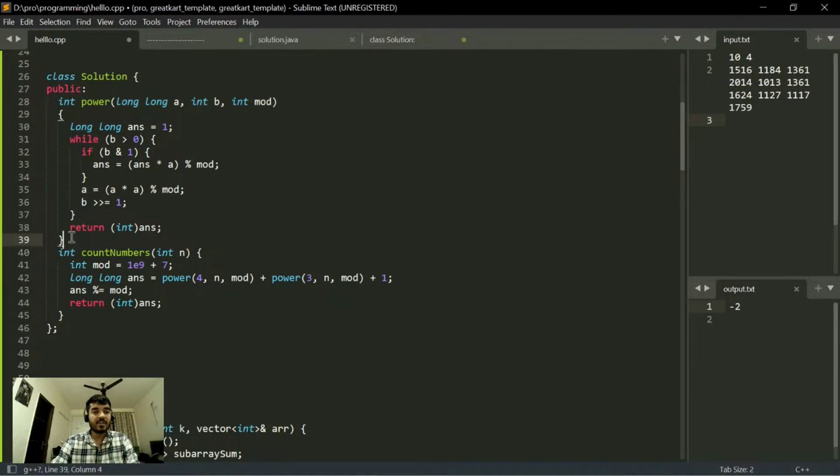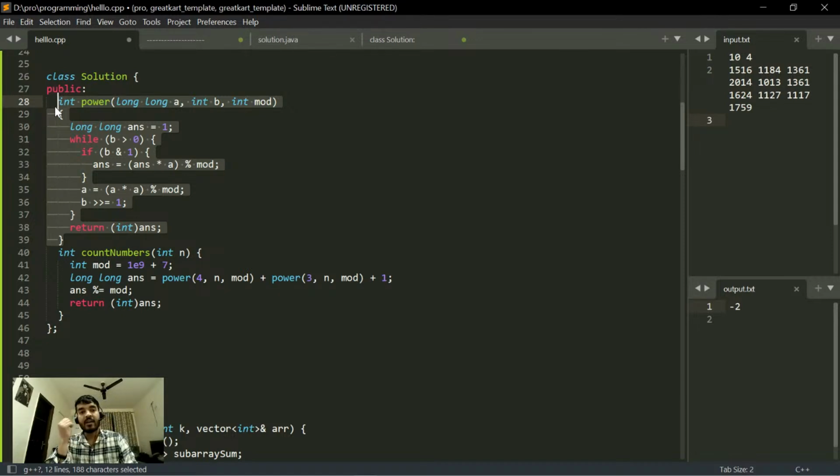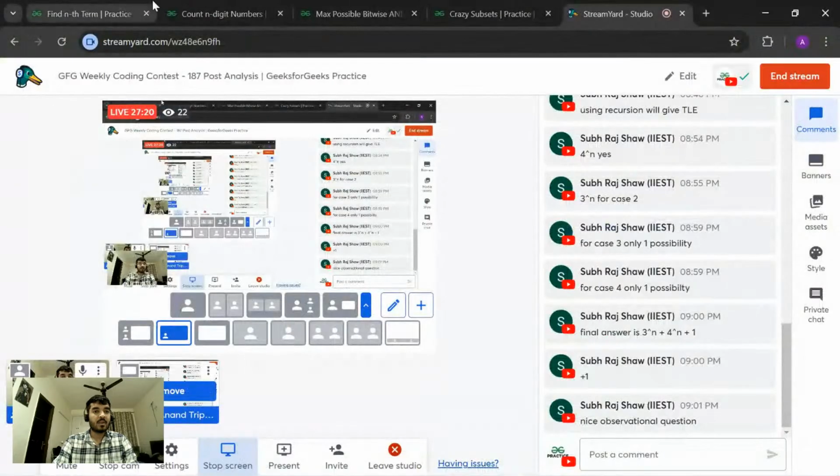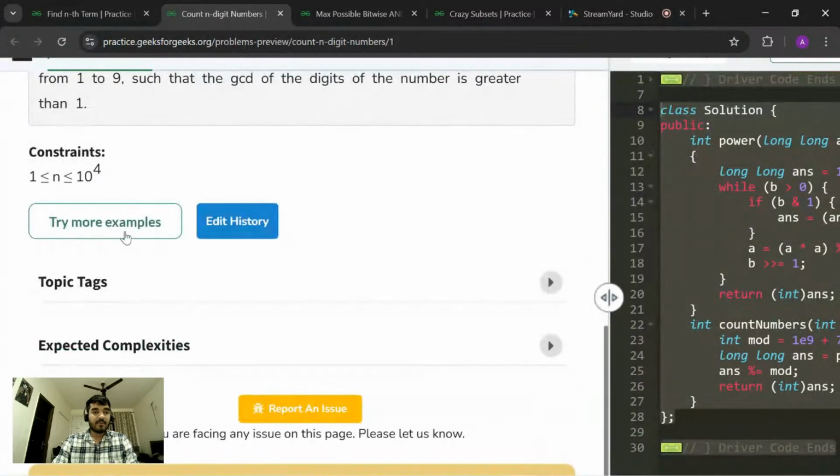So this power function uses binary exponentiation, but since the value of n can be up to 10 power 4 only,